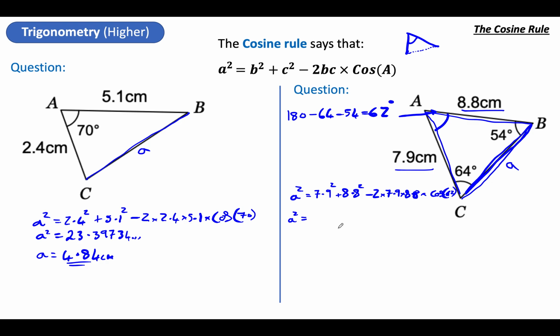Right, put it in a calculator. So 7.9 squared plus 8.8 squared, take away 2 times 7.9 times 8.8 times, finally, the cos of the angle between them, which is 62, equals 74.57467, etc. But I don't want a squared, I want a, so I have to square root it. So we square root, press ANS to keep the full accuracy, and it's